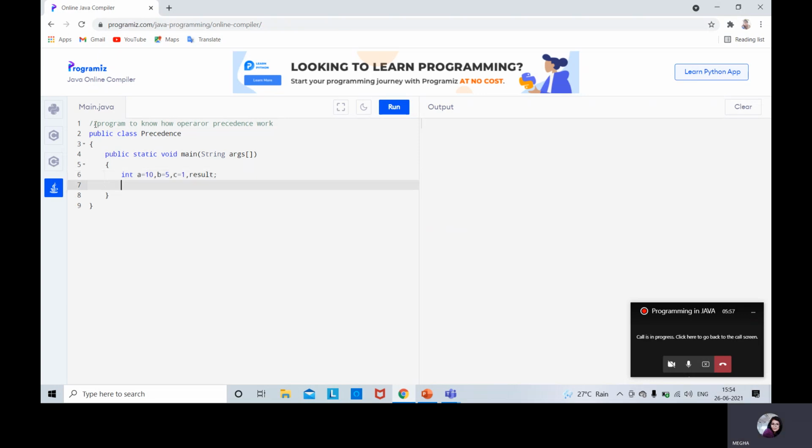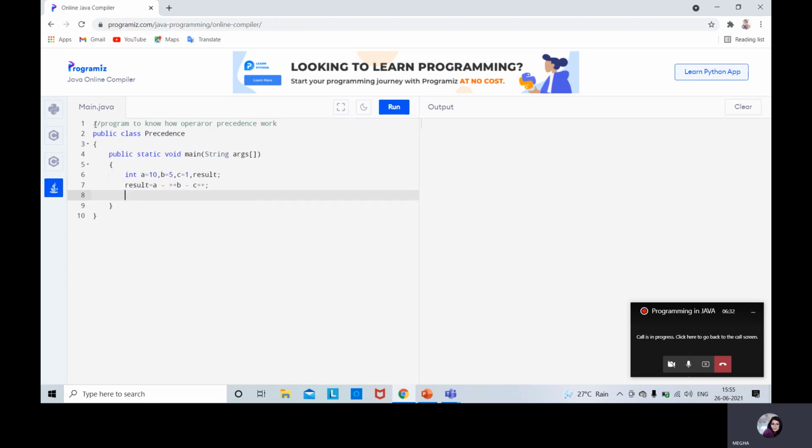Result is equal to a random equation like a minus the increment operator b minus c incrementing after. These are the post-increment and pre-increment operators.